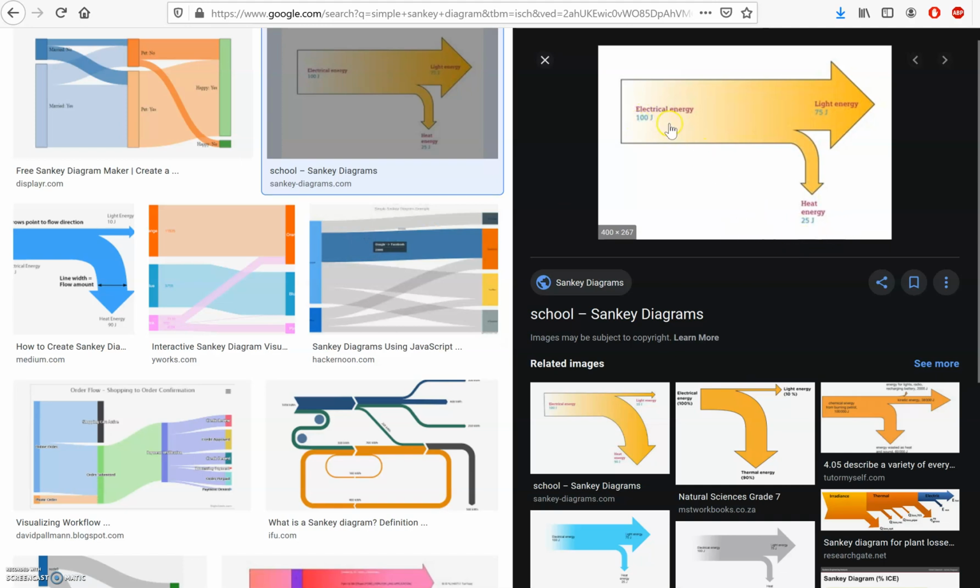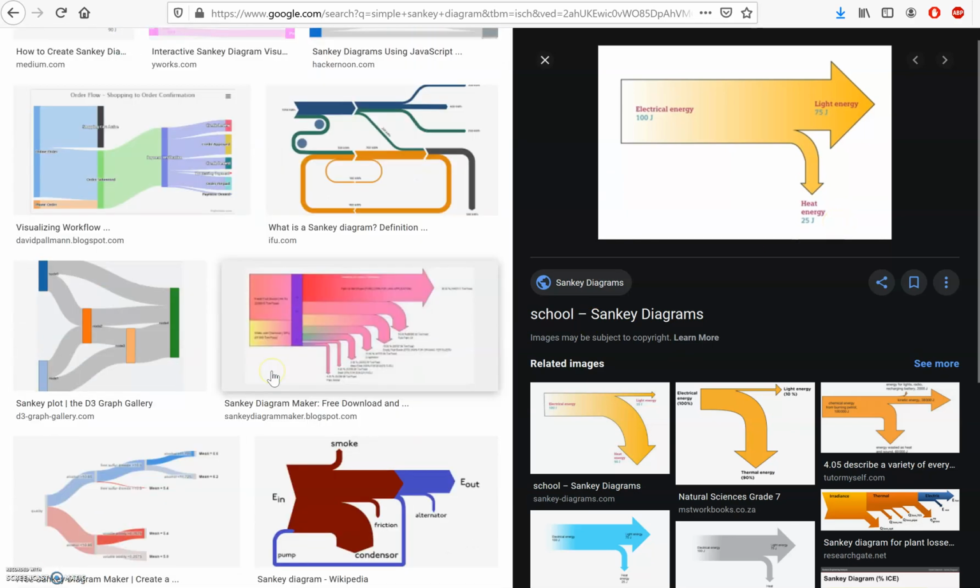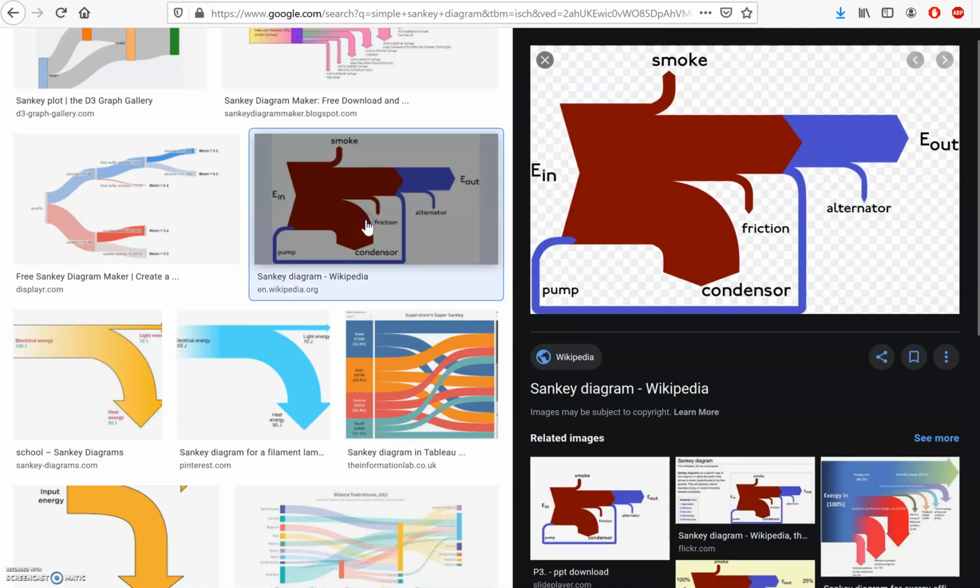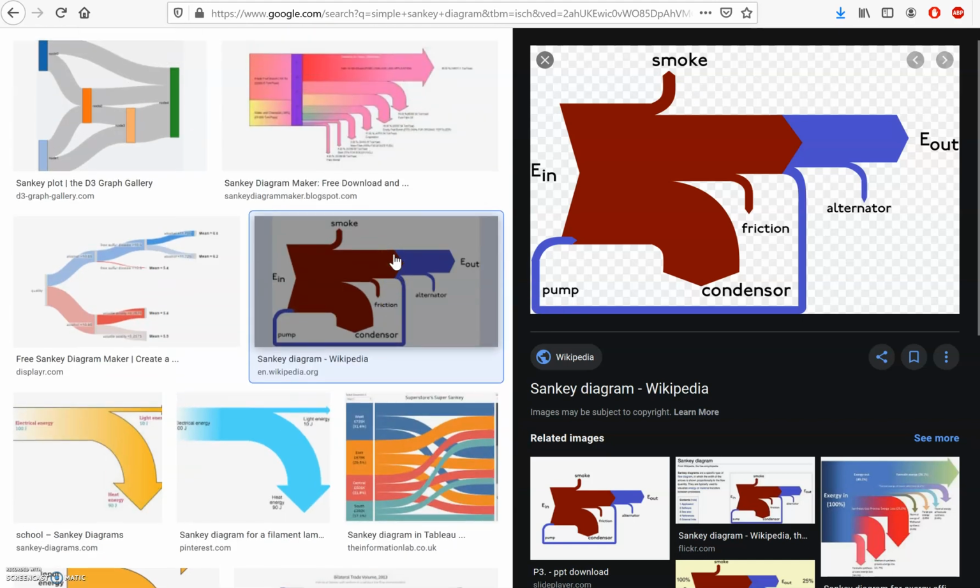It just shows 100 joules of electrical energy going in. 75 joules of that is going to actually light what I assume is a light bulb, and 25 joules is lost to heat and energy. You can have more complicated ones, like this one is showing, there's actually like a feedback loop going on in this one. So they can be more complicated, but on the whole, it's really just a way of showing where the energy